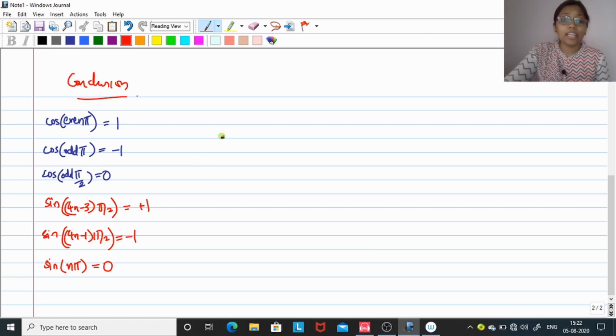See, again you can notice here that we have only discussed the angles which are multiples of 90 degrees. We have not dealt with problems like sine 200 pi by 3 and all. See, 200 pi by 3, this is not a multiple of 90 degrees and we cannot use any of these equations to solve this. Right. So, this kind of problems will be dealt with in the next session.